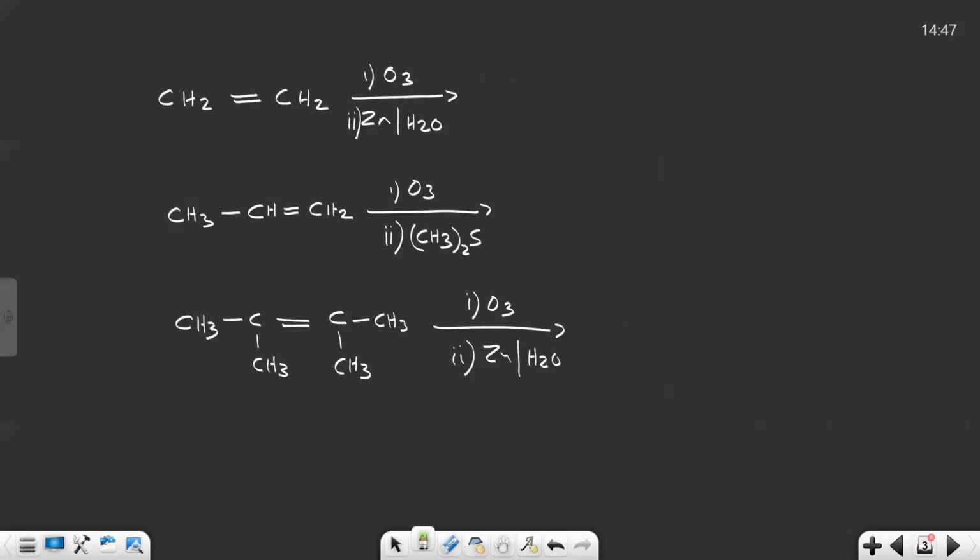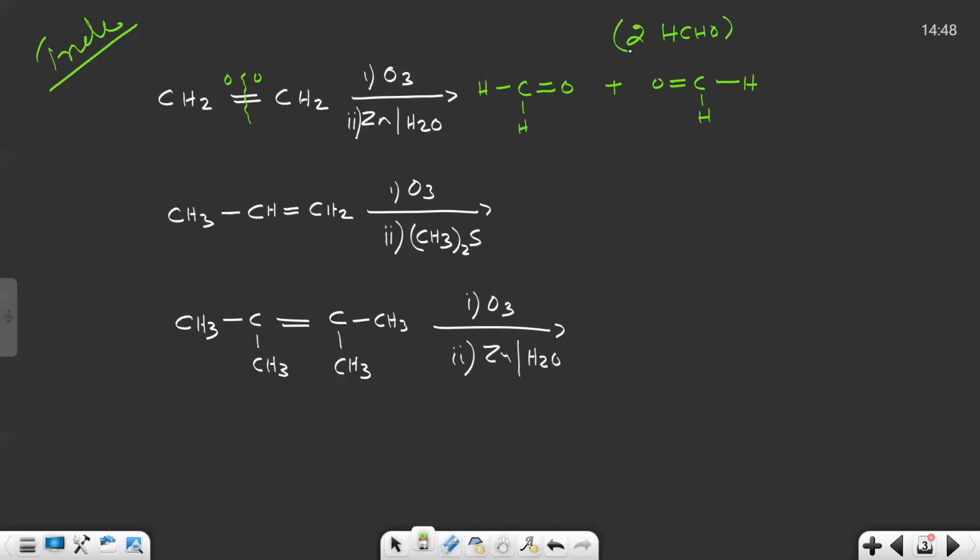Consider this example. Here CH2 double bond CH2. This reaction we have already done in detail, but here we will see the trick to get the product. Break this bond and add two oxygen atoms here. That's it. Then you will get carbon with two hydrogens and a double bond. So this is the left side carbon, and on the right side carbon, you are adding one double bond O, and then it is attached with two hydrogens. So this is the product, two molecules of HCHO.